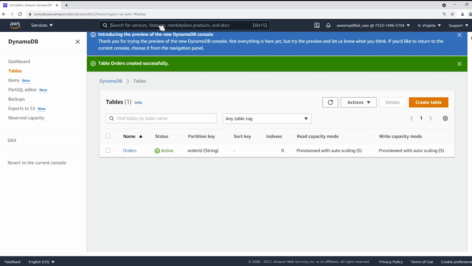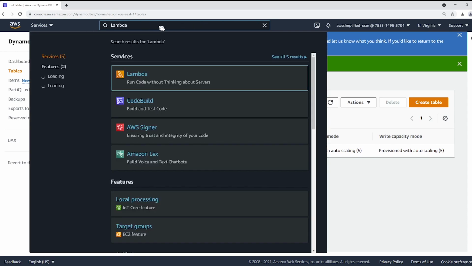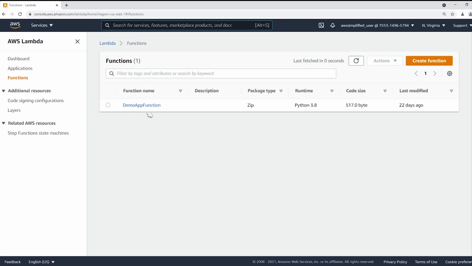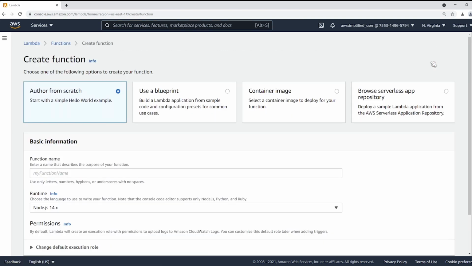And while I was talking, we saw that this automatically changed to active when it's done. It's good to know everything was set up there. So I'm going to head over to Lambda now because we need to go and create our function. You can see I already have one here. This is just one that was on my account from previously. But in order to create a new one, we want to go to the top right and go ahead and click on create function now.